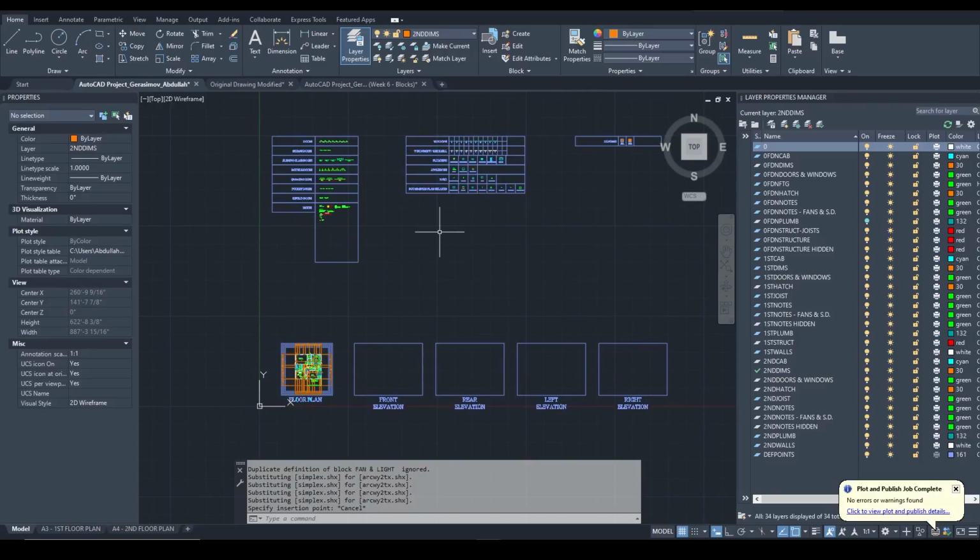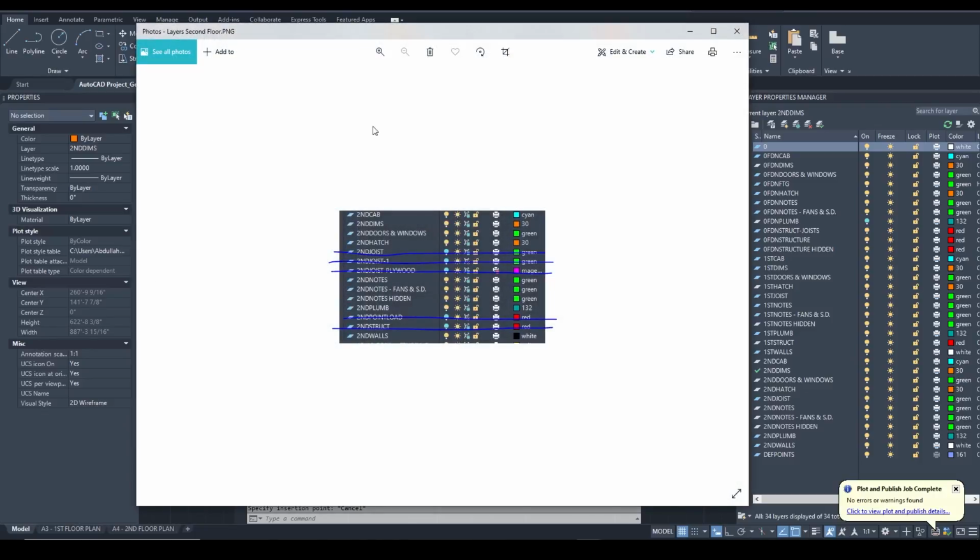Once you've done this, let's make sure we're going to create all the layers that we're going to need for the second floor plan and the foundation plan. Let's start with the second floor plan. Please make sure to create new layers with the exact naming convention as you can see on these photos. Do not worry about doing anything on this side, and make sure that the color selected for each